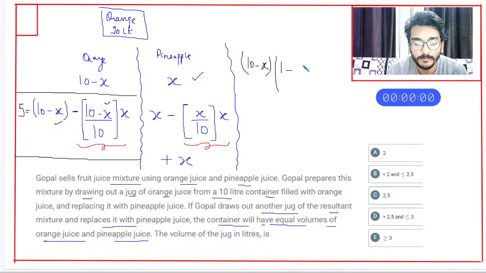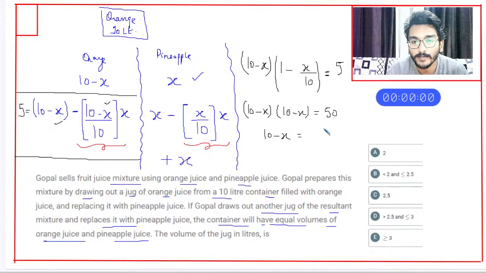I have 1 upon (1 minus x over 10) squared equals 5 liters. So (10 minus x) squared is 50. So I'll take a square root. It is root 50, which is 5 root 2. x equals 10 minus 5 root 2. I have to approximate this. I'll just find it out. It is 1.414,